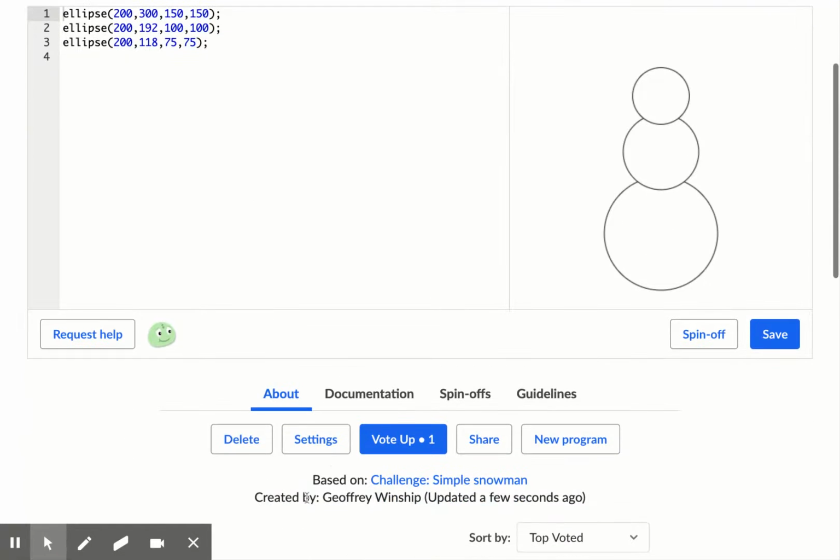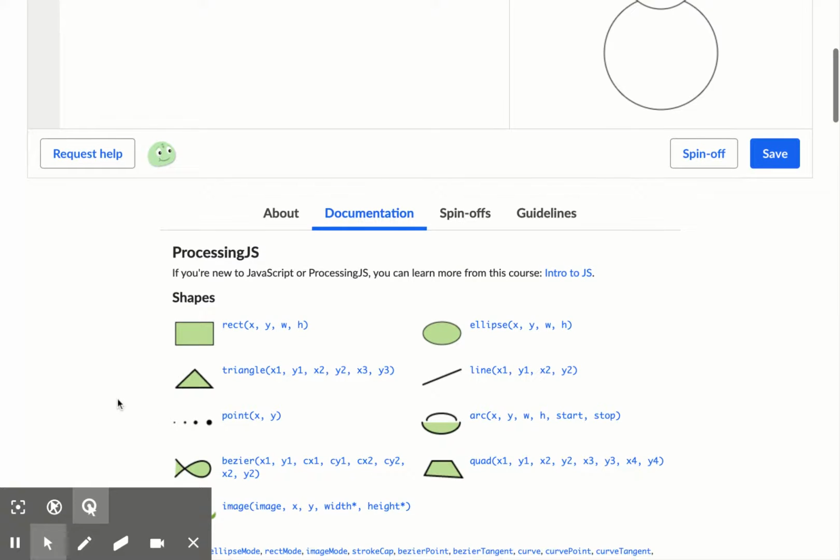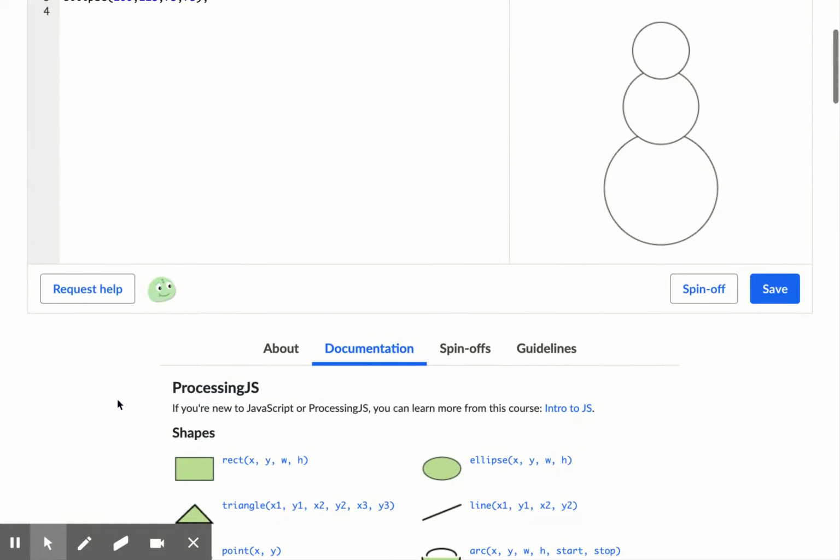If you look down underneath, you can add some documentation. You can take a look at the things like you could add a rectangle to this. So what I'm going to do is I'm going to click on here. I'm going to look at a rectangle, and then I can add that. So what I'm going to do is I'm going to grab this,